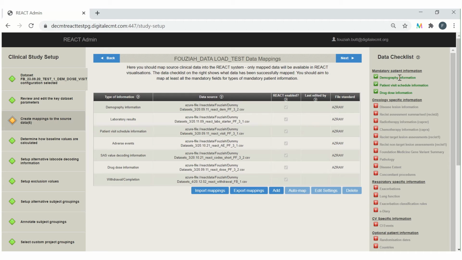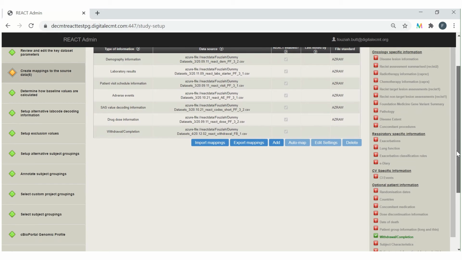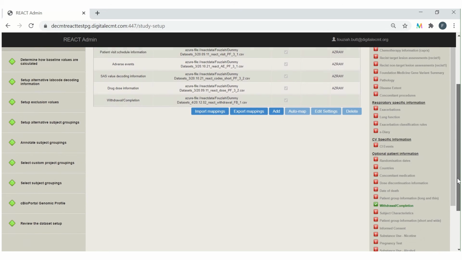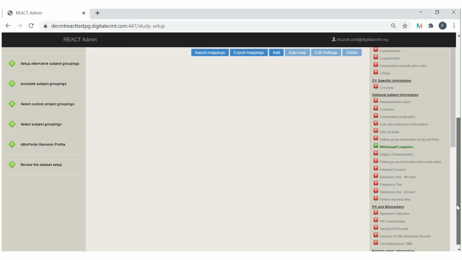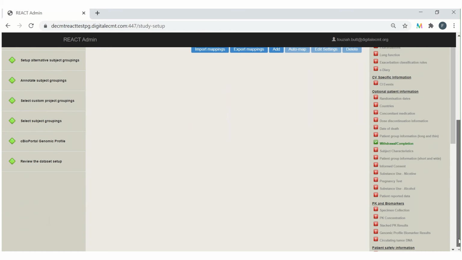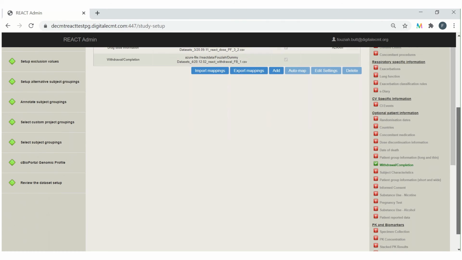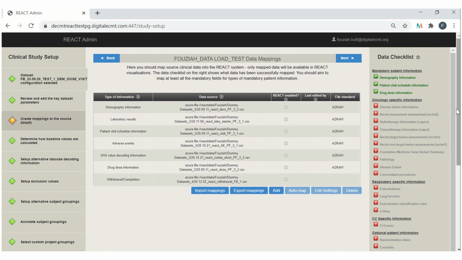These are divided into groups, so you have mandatory patient information, oncology specific information, respiratory, CV specific, optional, and PK biomarkers and safety information. As you start to map and load the data into Admin UI,